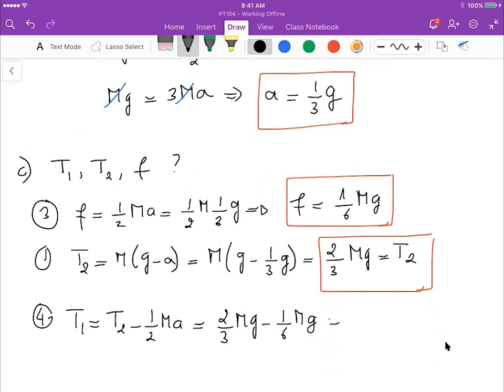And so we end up with 4 minus 1, 3 divided by 6, 2. So we end up with 1 over 2 mg. وبتطلع معنا هيدي هي الفاليو ل T1. So this is it. We have expressed and deduced the expressions of T1, T2 and the friction force in terms